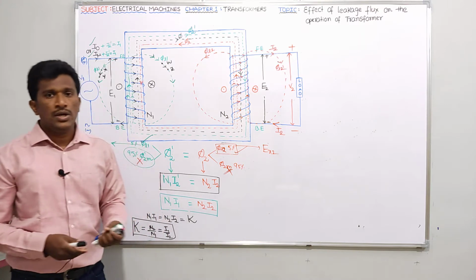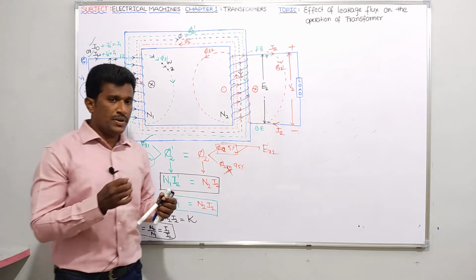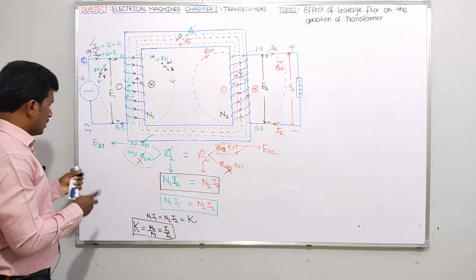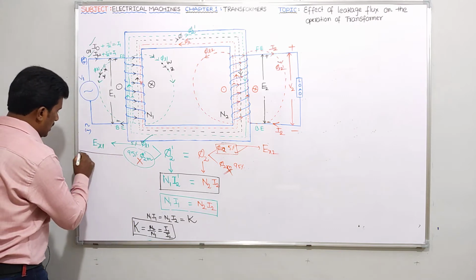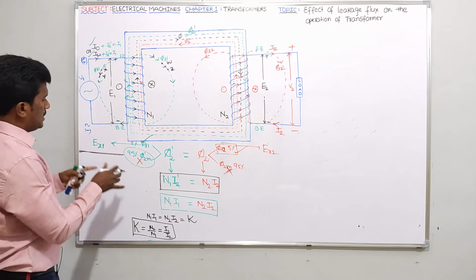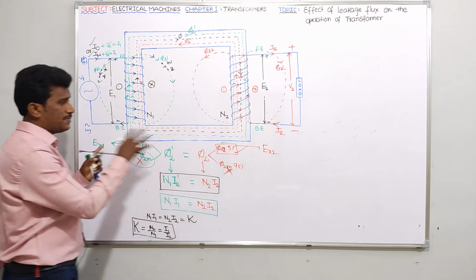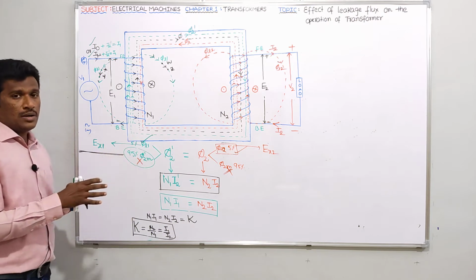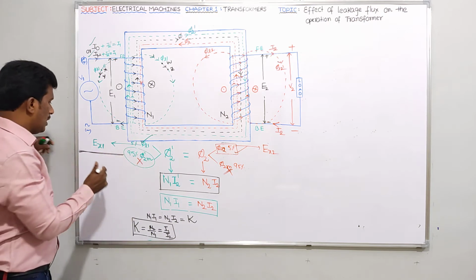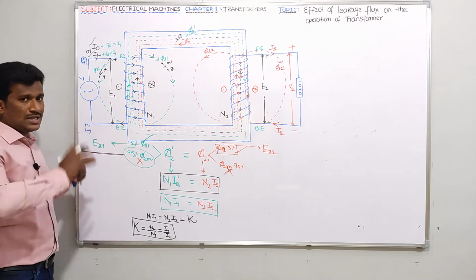Before that, you need some very basic things which were already discussed. You just try to recollect once so that we can proceed. Very simple. I am just going to compensate this EX1, EX2. I am going to explain this by using a vector diagram. For understanding the vector diagram, I think I had given some basics. Please try to recollect that and tell me.